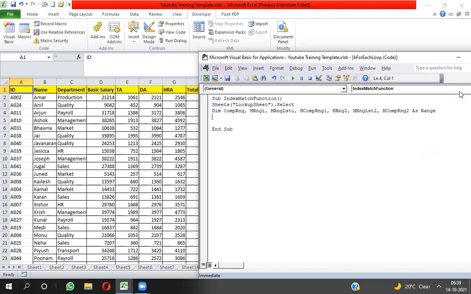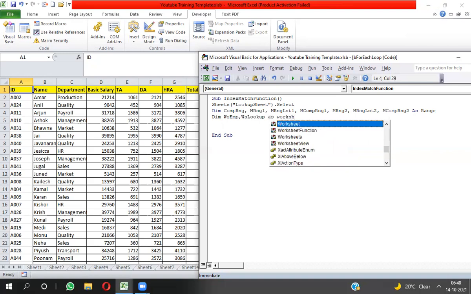Now I'm going to set the data. In compRng, I will set the complete data range of the employee table. So here I will declare one more variable, two variables here: ws imp, ws lookup, as worksheet.